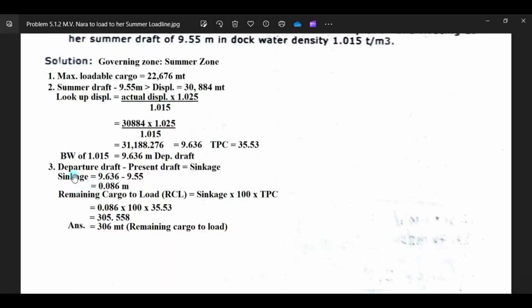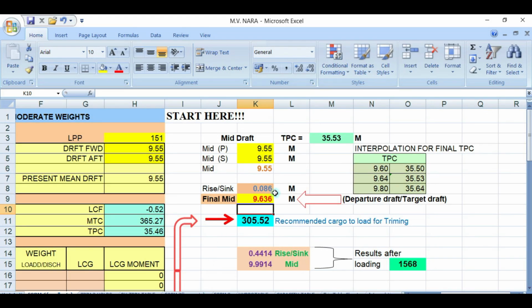Sinkage here is your departure draft minus your present draft. So your departure draft, which is 9.636, minus your present draft of 9.55, you will have a sinkage of 0.086, which is this one. Okay, and the TPC of your final departure draft, which is this one,